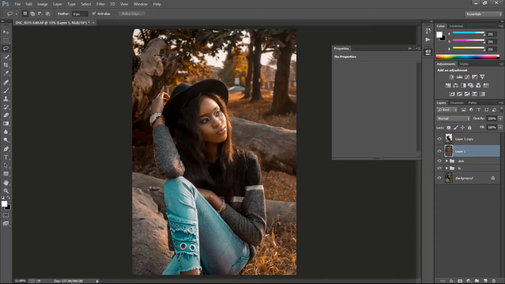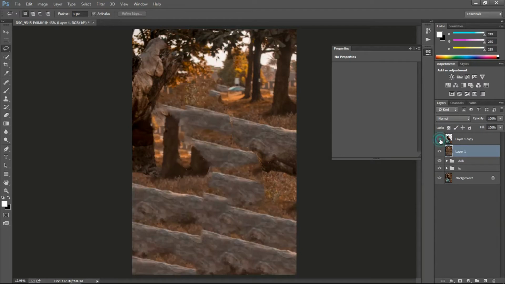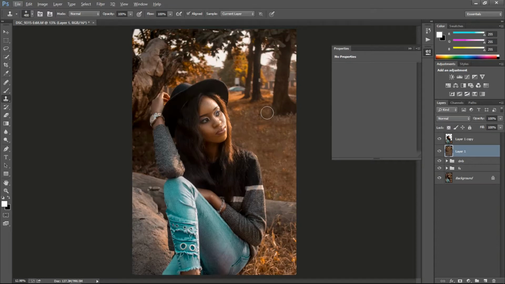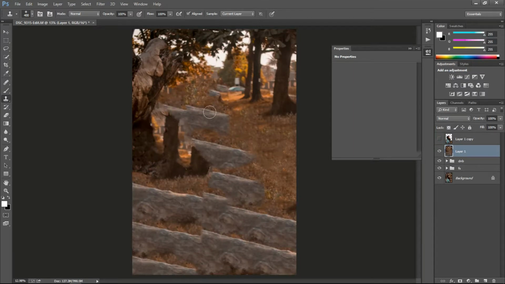Like I'll cut out this log if I can, and that's more of what I wanna do. So I'll hide my top layer and take the clone stamp tool. At this point, what I've noticed is it's really hard to get this out of the way, because you can see my selection is really not that good. The way the content aware came out is not that good, so I'm gonna duplicate this part of the image